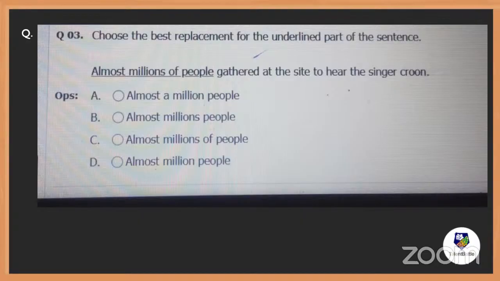Okay, Rishi, understood, but no need to worry regarding that. Since I only practice, you don't have to worry much about it here. People, we have to choose the best replacement for the underlined part.